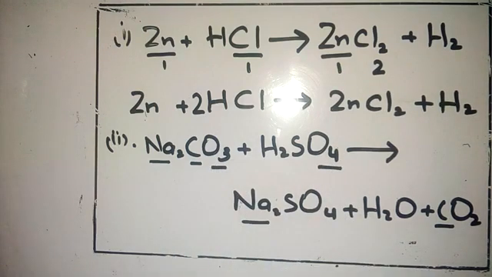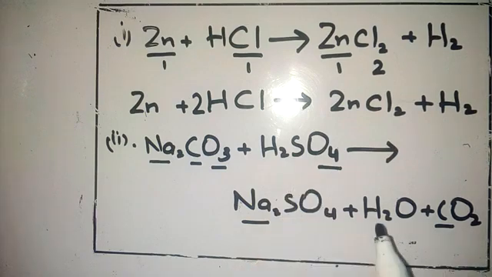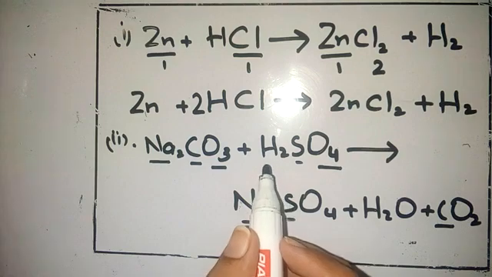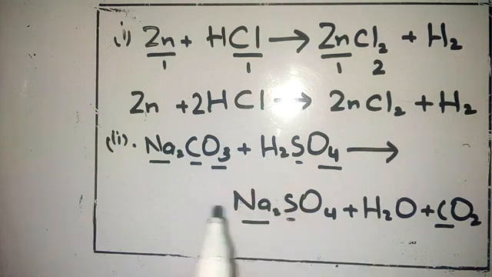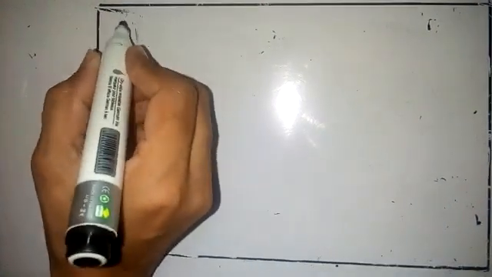and on the other side 4, 3 and 7. So oxygen is also the same. Now the sulfur is 1 here and sulfur is also 1 here. In the same way we now compare the hydrogen atoms, which are 2 here, and on the left hand side it is also 2. So students, this equation is already balanced, so you will write that the equation is balanced.